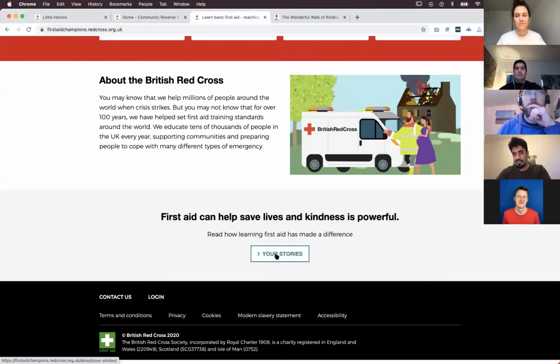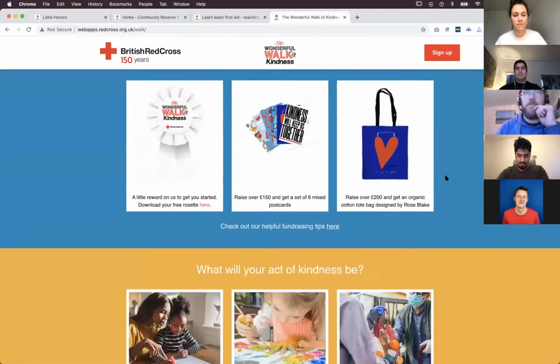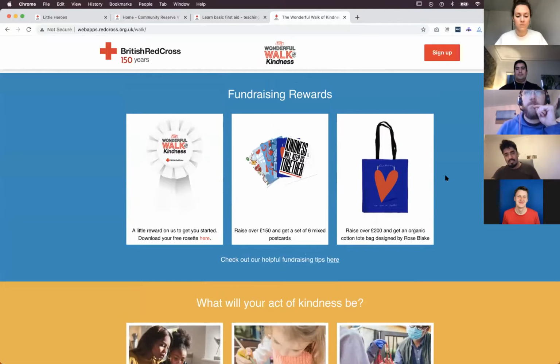So the animation is also different. And when we go to wonderful walk of kindness, the color is also different for the button. So we have four different websites. They all belong to us, but we are using completely different elements on these websites. So these are some of the different little differences that we have on each page or each website or across